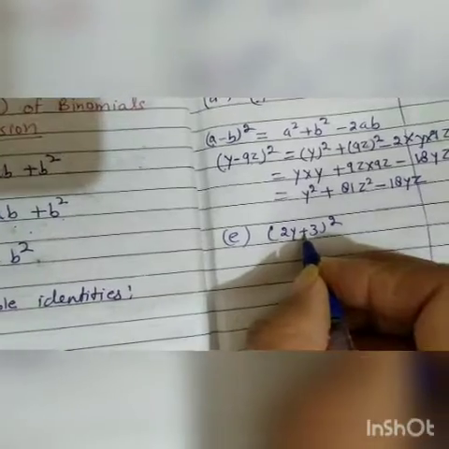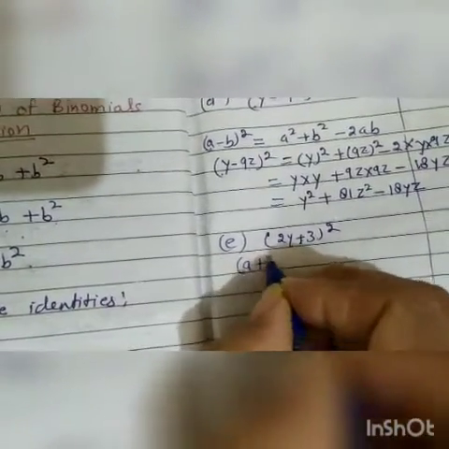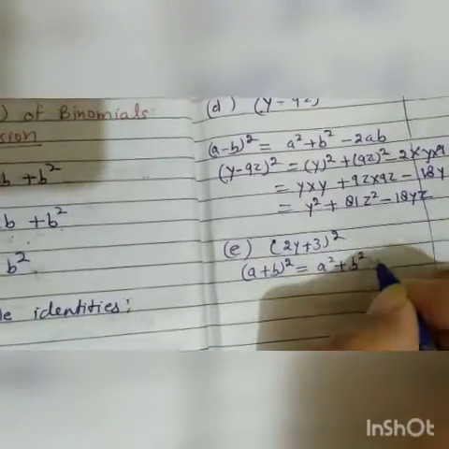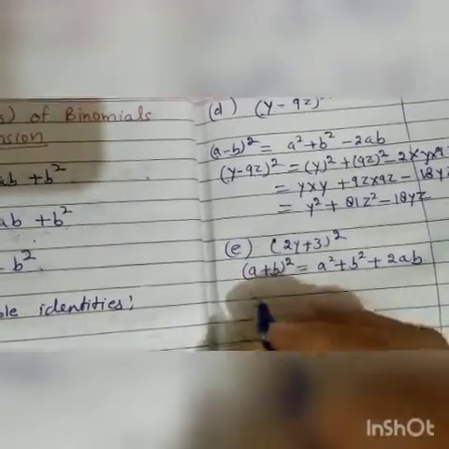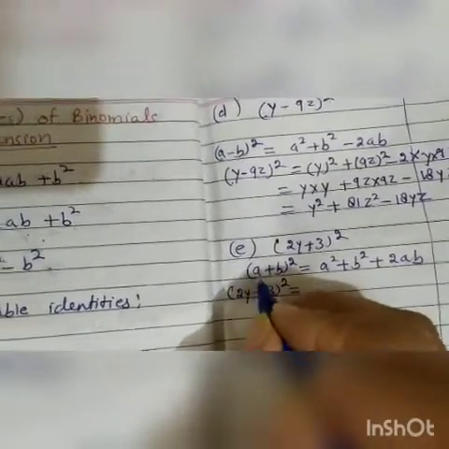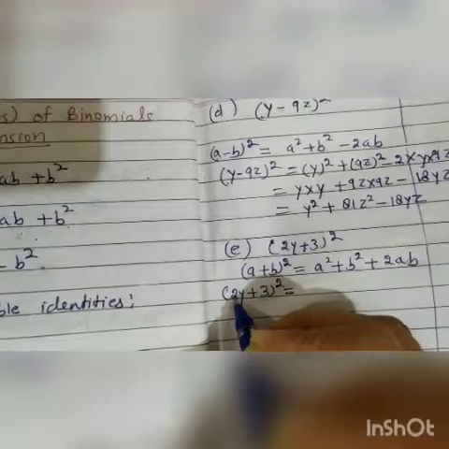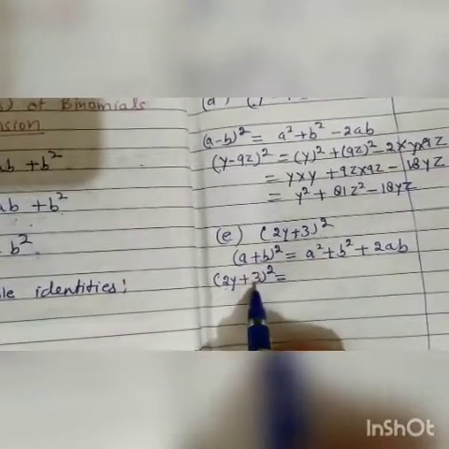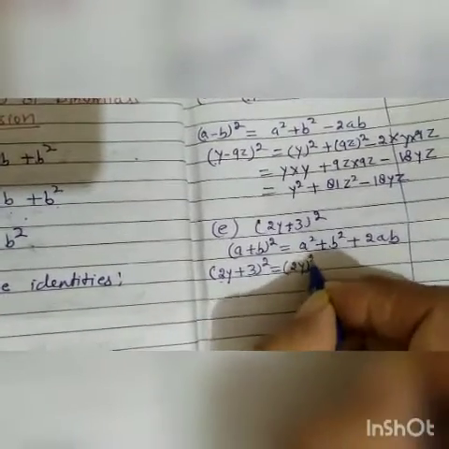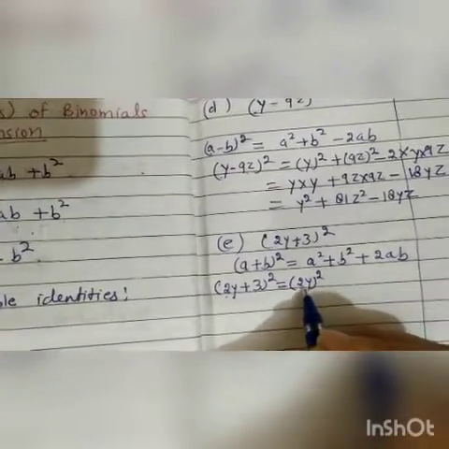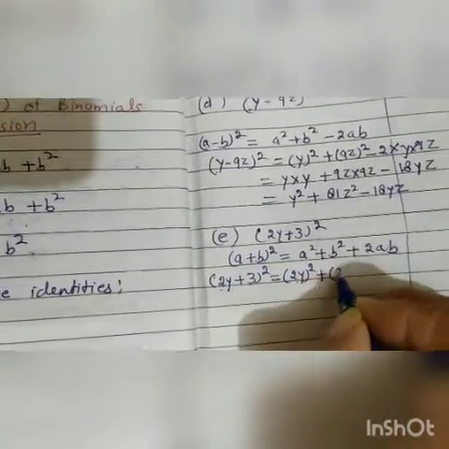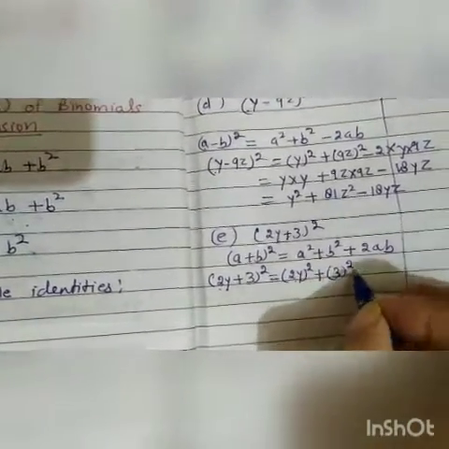Again this is the question with plus sign. We will use the identity with plus sign, that is the first identity. (A plus B) whole square is A square plus B square plus 2AB. So we will write the question now, (2y plus 3) whole square is equal to. Now this time the value of A is 2y, means the first term is 2y and the second term is 3. So in place of this A we will write this time (2y) whole square. First we will write 2y within bracket, then whole square, then plus, the value of B is 3. We will write here 3 square, then plus 2.